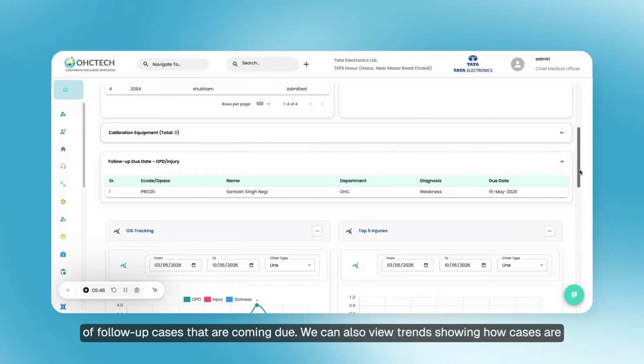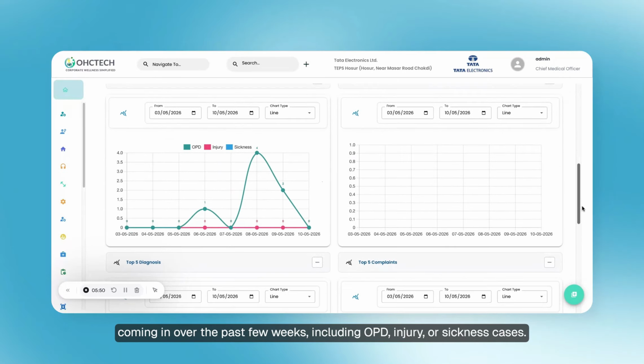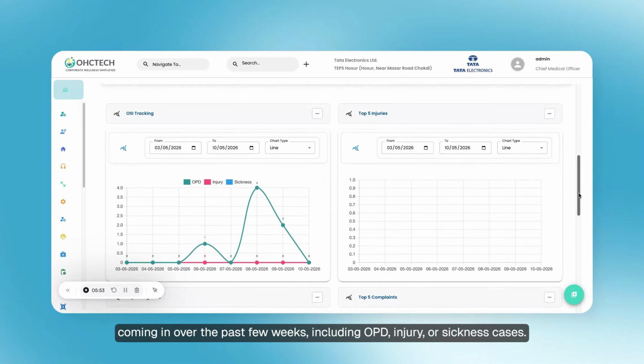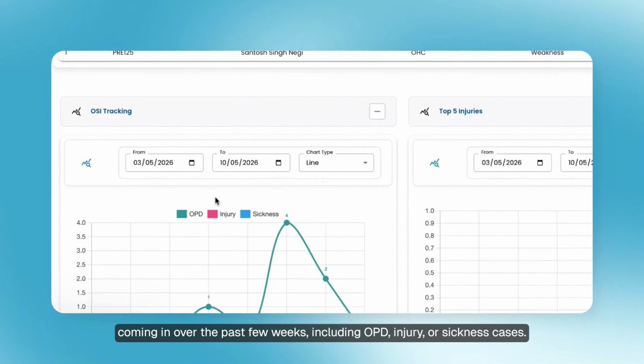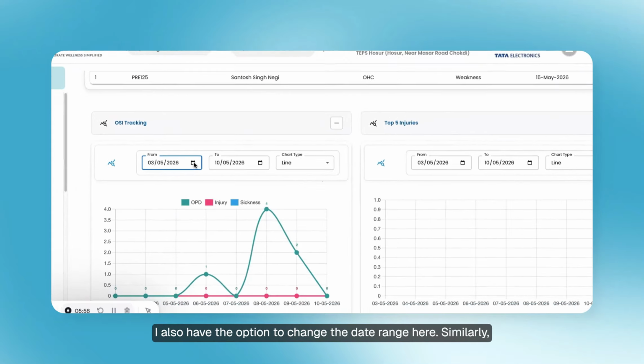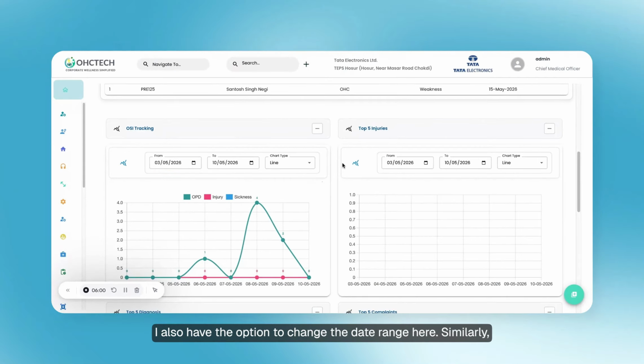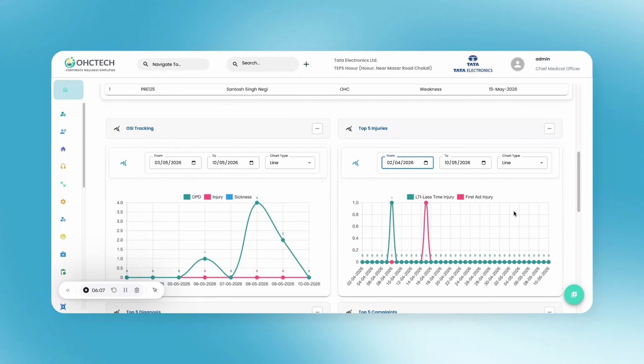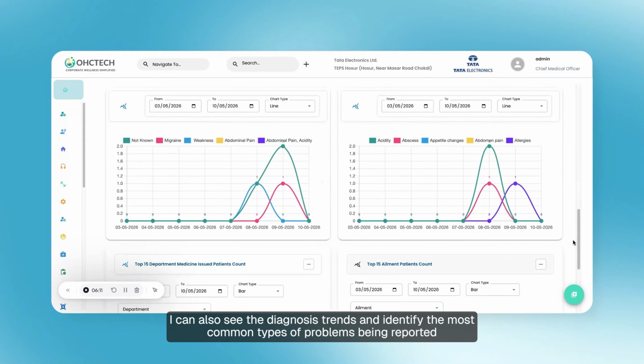We can also view trends showing how cases are coming in over the past few weeks, including OPD, injury, or sickness cases. I also have the option to change the date range here. Similarly, I can view the trend for injuries as well, along with multiple other dashboards. I can also see the diagnosis trends and identify the most common types of problems being reported in the health